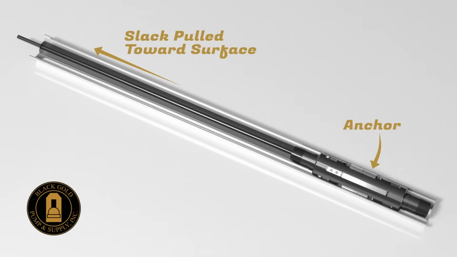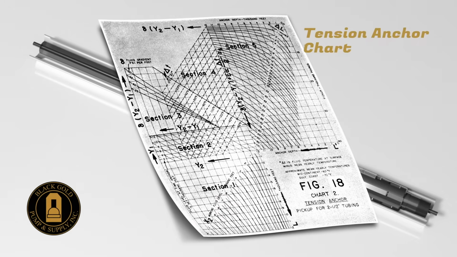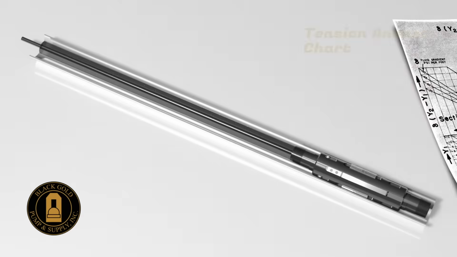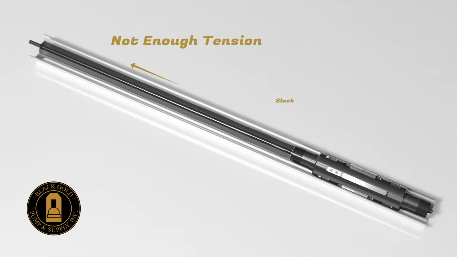The mechanical tension anchor came to be the industry standard for anchoring tubing. But in order to properly set the mechanical anchor, we must first calculate the static and producing load variance, and then correlate that into inches of tubing stretch. This process is fairly complicated and if not followed correctly could result in either over or under stretched tubing. Once the anchor is in the correct spot, the tubing must be turned multiple times in order to activate the slips. This can be problematic in deeper deviated wells because the tubing can torque up against the casing instead of